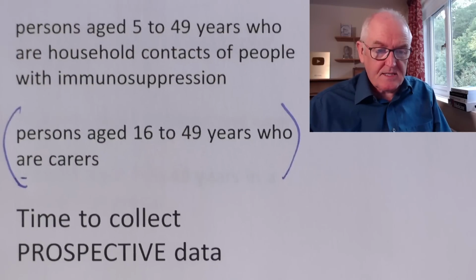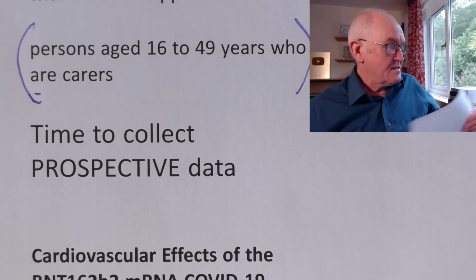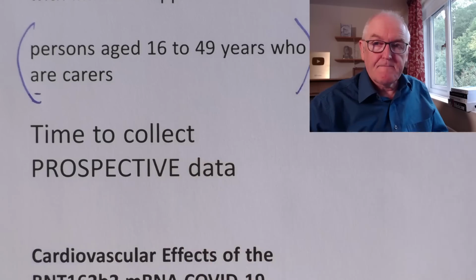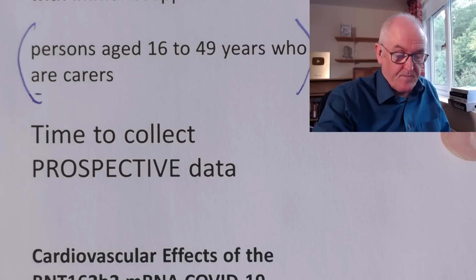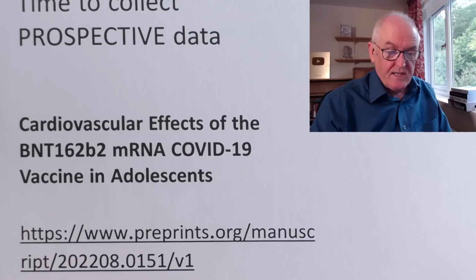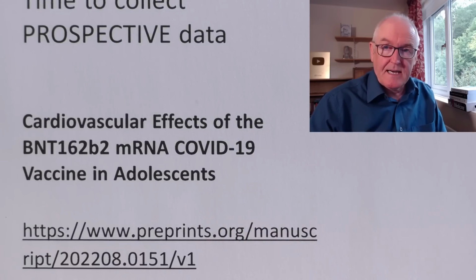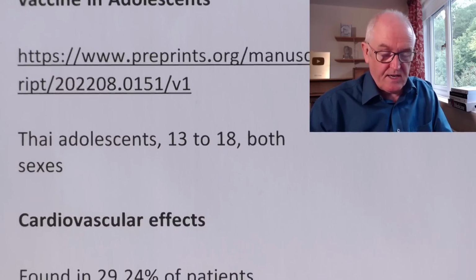Now, let's see this opportunity with starting this new campaign, given that it's going to happen. Time to collect prospective data. This is an ideal opportunity to collect data prospectively rather than the retrospective data that we've been getting, because the first prospective study in adolescents that we looked at in Thailand just a few days ago, quite disgraceful really that we have to take the first prospective study from Thailand in this age group for this Pfizer vaccine. We looked at this a few days ago, so I'm not going to go over it again, but